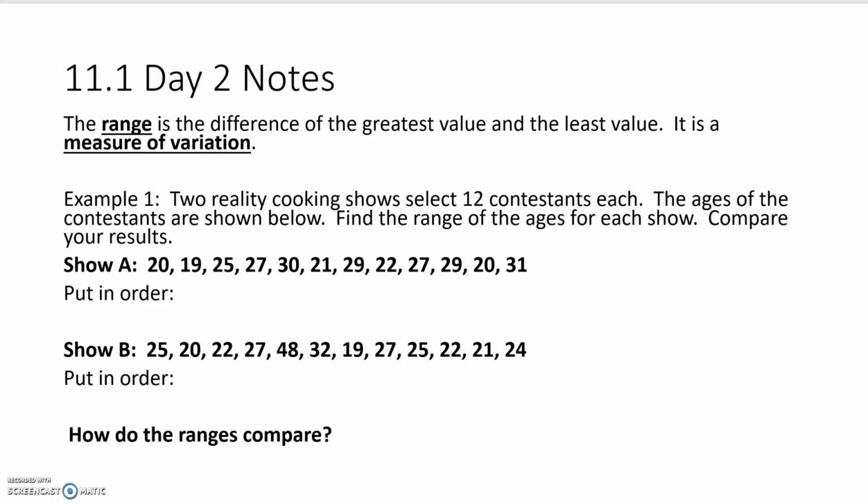Remember that yesterday we talked about mean, median, and mode. We also introduced that word called outlier, the one that is different than all the other ones. Maybe it's too small, maybe it's too big. Okay, today we're going to talk about range, which is the difference of the greatest value and the least value. So remember that difference means we are going to do some subtraction. Okay, so we are going to subtract the smallest number from the biggest number, and that will give us our